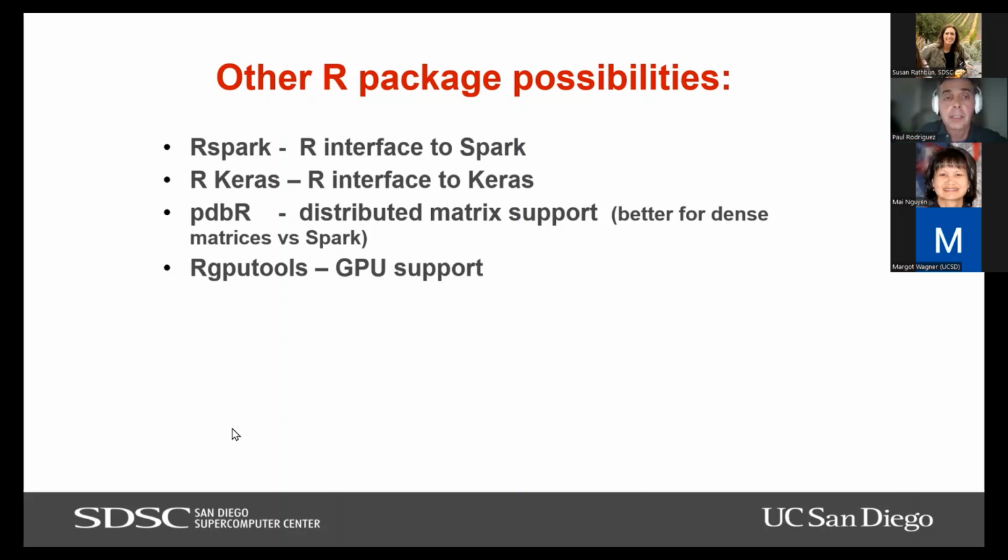And SparkR, I think Maya's going to talk a little bit more about SparkR. I know she's going to mention it. So when you get to the point where data is really big, then maybe you go to SparkR if it's big and distributed. If it's kind of too big for your laptop, but maybe fits in one compute node, maybe you don't need SparkR. R does have an interface to Keras, if that is the kind of thing you want to do. There are a couple other packages in R, which I have not used in a big way, so I can't speak for it. But in principle, you can do things with GPU. There's this package to help you with certain kinds of big matrices that maybe in some cases might work better than Spark.